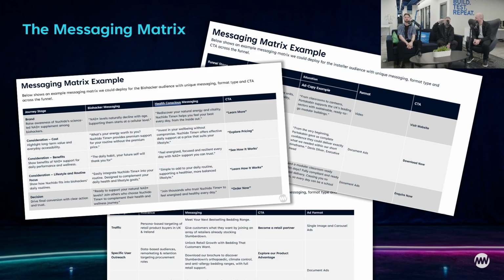So down the left-hand side, we should have awareness, consideration, retargeting, conversion. Then look at what the headline could be for each of those sections. Then think about a longer version of the copy. We often do a short, long version for statics, and a longer, long version for carousels. And we might even get into an outline of a video script in this section as well. Then be really clear about your call to action.